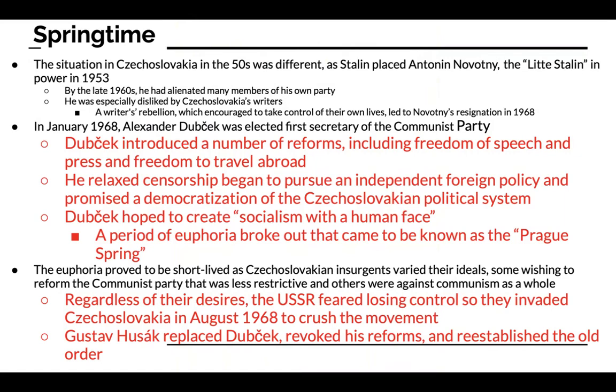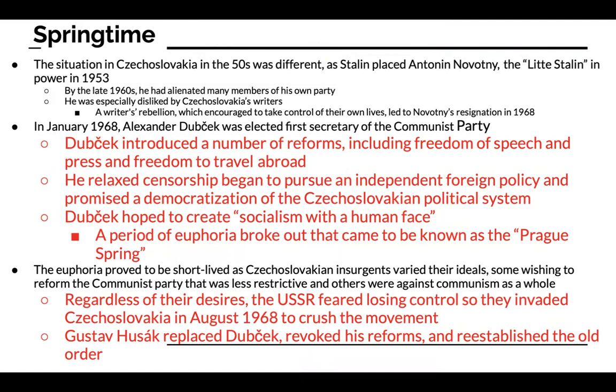In January 68, Alexander Dubček was elected first secretary of the Communist Party. Dubček introduced a number of reforms, including freedoms of speech and press and freedom to travel abroad. He relaxed censorship and began to pursue an independent foreign policy and promised democratization of the Czechoslovakian political system. Dubček hoped to create socialism with a human face. A period of euphoria broke out that became known as the Prague Spring, but the euphoria proved to be short-lived